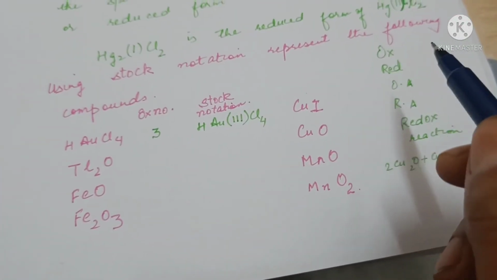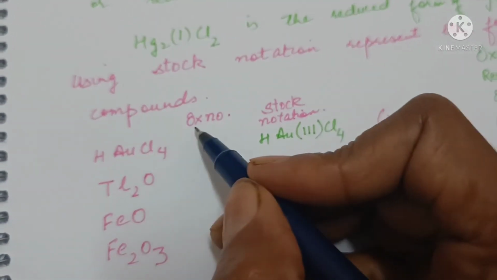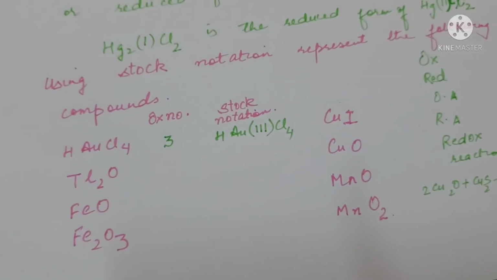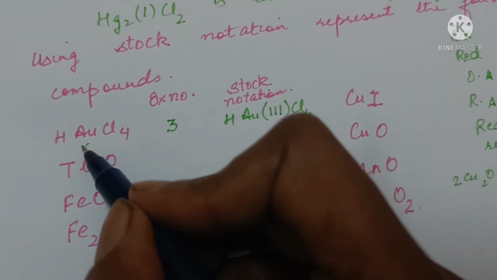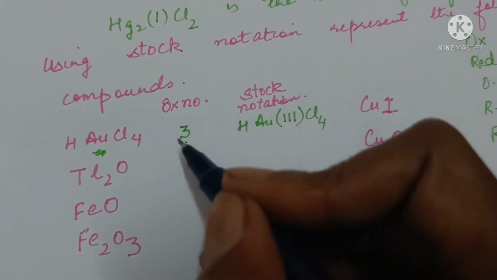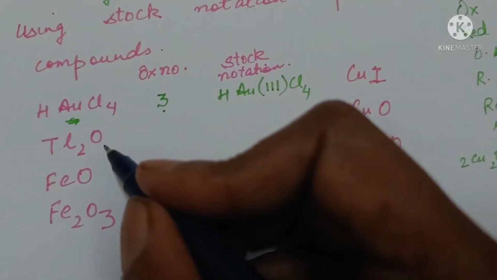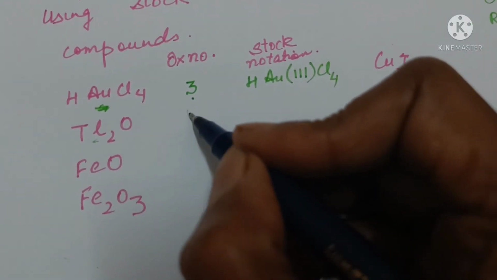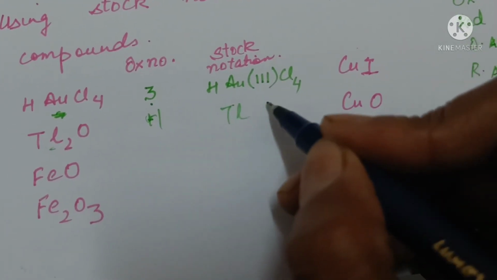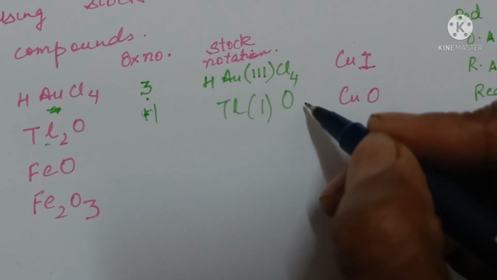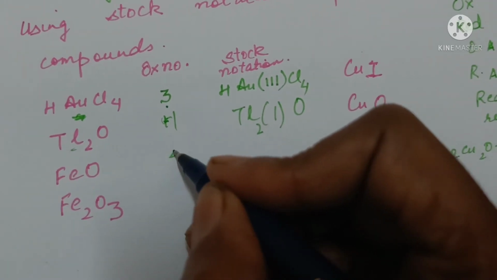Using Stock notation, represent the following compounds. According to the rules for finding the oxidation number, we get the oxidation number of gold as +3. So according to Stock notation, we can write it as Au(III) chloride. Similarly, in thallium oxide the oxidation number will be +1, so we can write Tl(I) oxide. FeO has oxidation state +2,